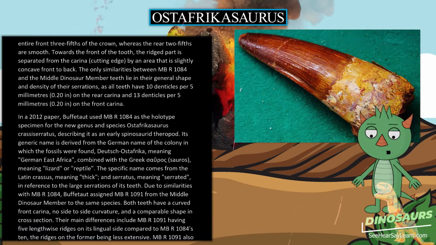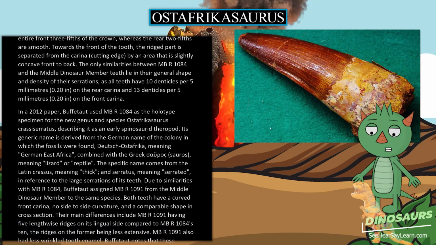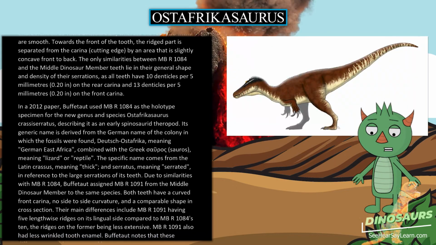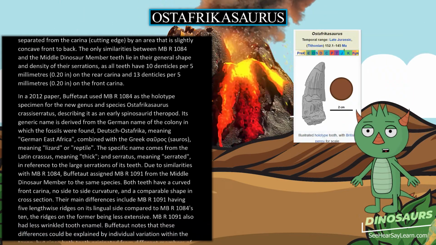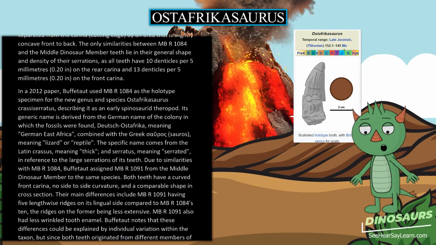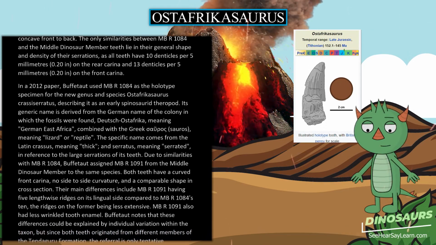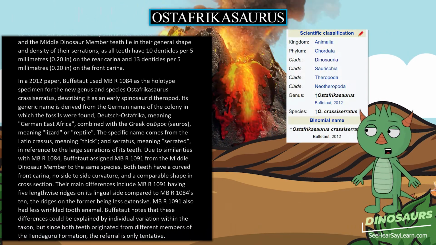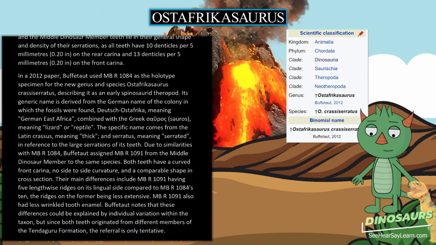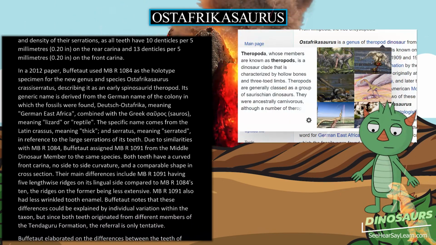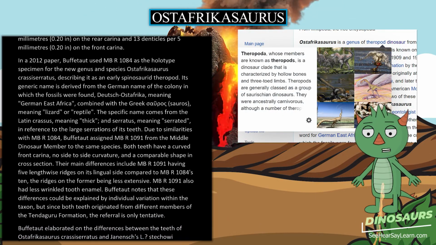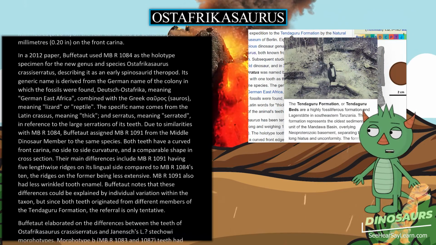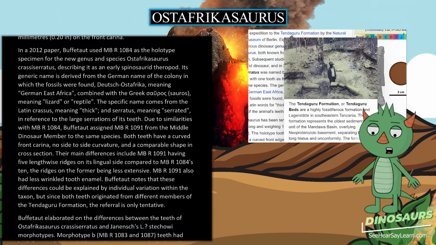Its generic name is derived from the German name of the colony in which the fossils were found, Deutsch Ostafrika, meaning German East Africa, combined with the Greek sauros, meaning lizard or reptile. The specific name comes from the Latin crassus, meaning thick, and serratus, meaning serrated, in reference to the large serrations of its teeth. Due to similarities with MBR 1084, Buffetaut assigned MBR 1091 from the middle dinosaur member to the